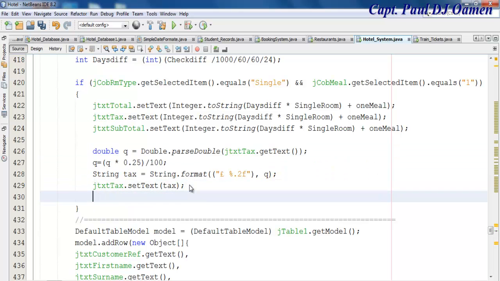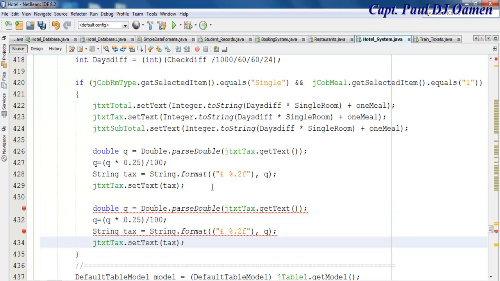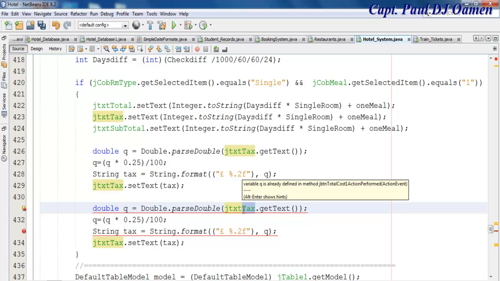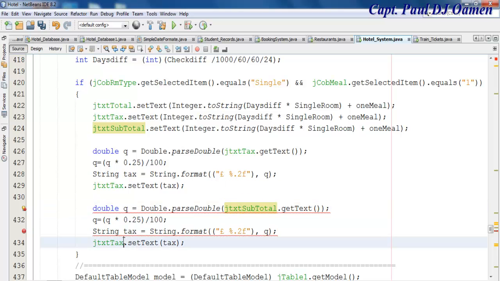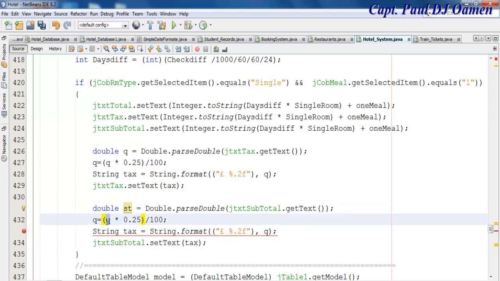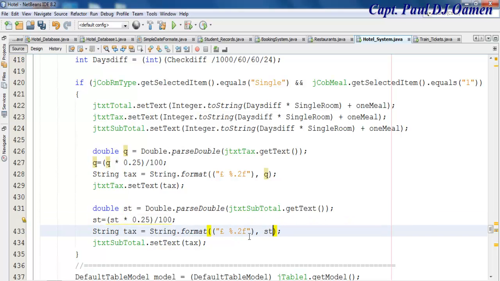Copy, paste. So I'll change this for my subtotal, and change this to subtotal as well. Come in here, change this to subtotal, and then change the variable to STs for subtotal, and subtotal right here, and this one becomes subtotal